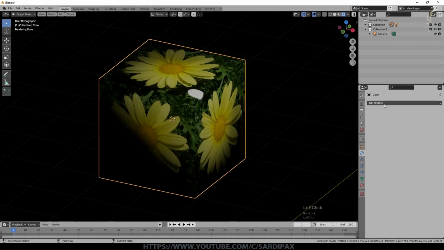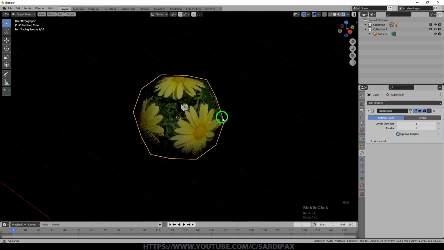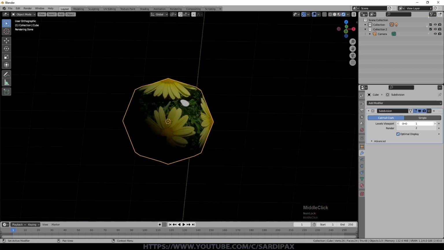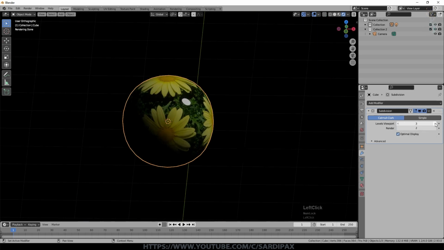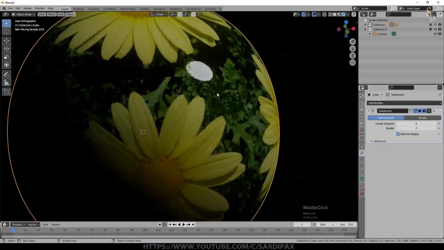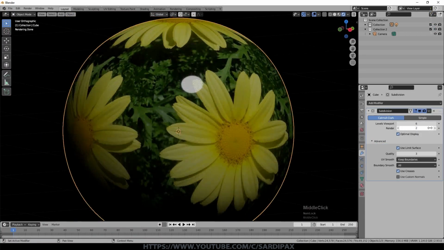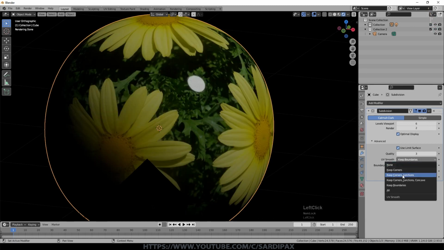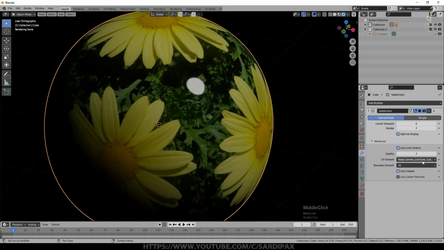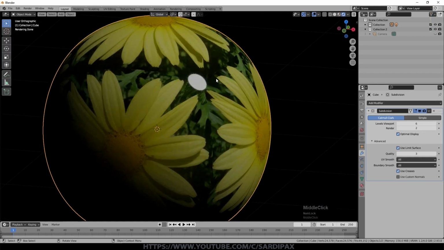Now we'll go and add a subdivision modifier. And you can see it's still doing a reasonable job. It's still essentially cube mapped. And if I increase the subdivisions, we'll go up to the maximum. You can see it's still there. You can see the join, but you can also see the way that it's mapped those together. For a simple shape like this, and with such a simple UV map, you won't really see very much difference between these different options. But a more complex shape with a more complex UV map, you may well find that some of these other options may help you in getting the map to work better with your object.